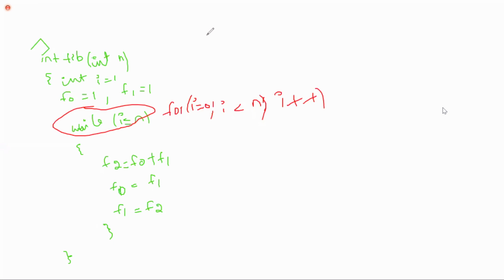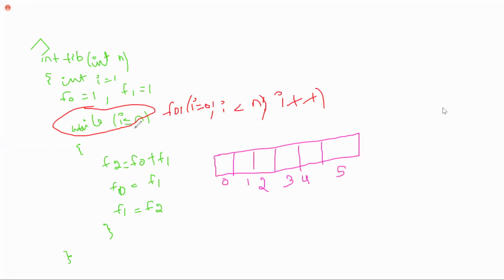So how can we use this iterative statement? We are taking an array, or else we are taking a table. Generally, arrays may be two-dimensional arrays, which look like a table. That's why they have given the name tabulation method. So in the array I'm considering how many positions we are having: 0, 1, 2, 3, 4, and 5. For the fifth term we want 0, 1, 2, 3, 4, 5.